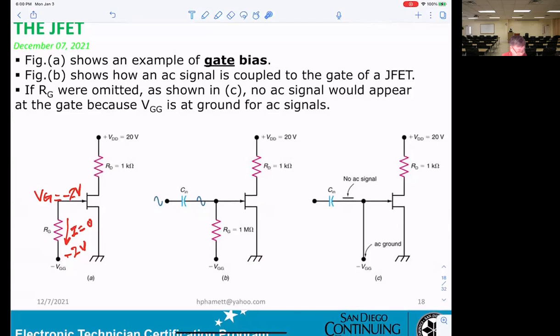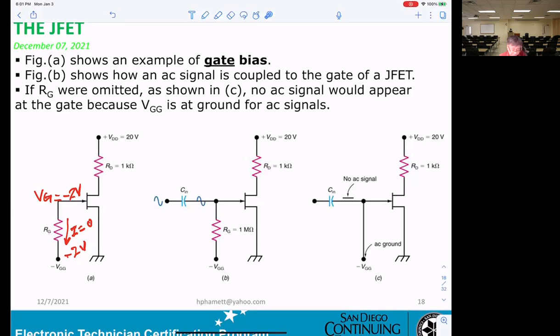So that's telling you the voltage here and the voltage here are the same. You can say, okay, you don't need that resistor, just connect directly to VG. Okay. However,